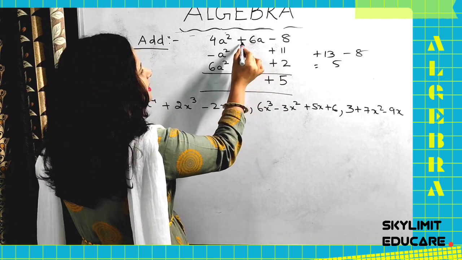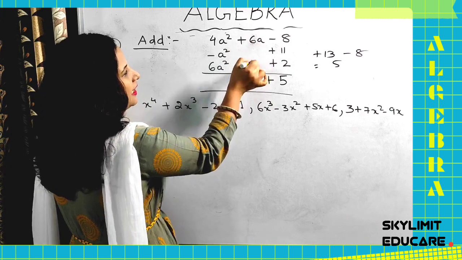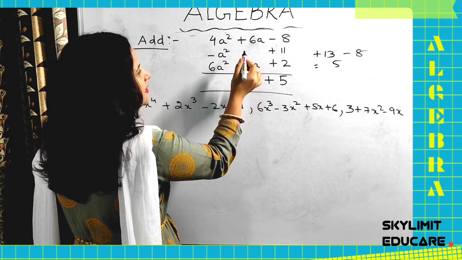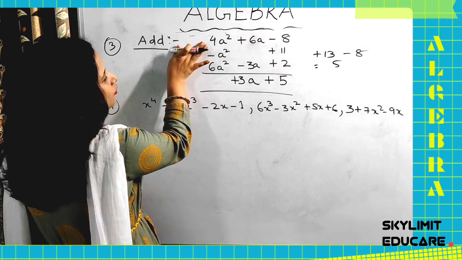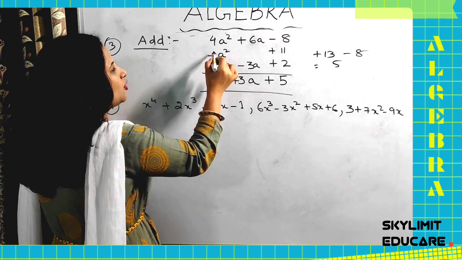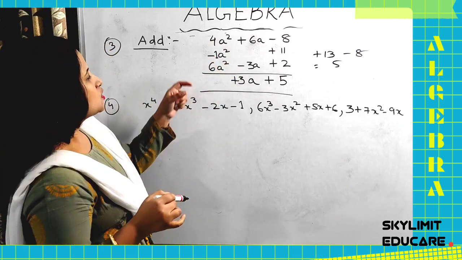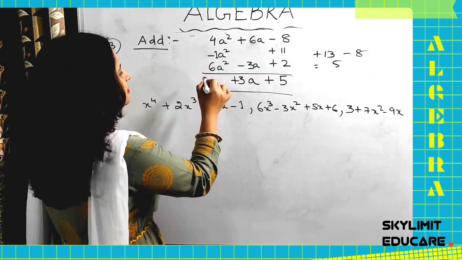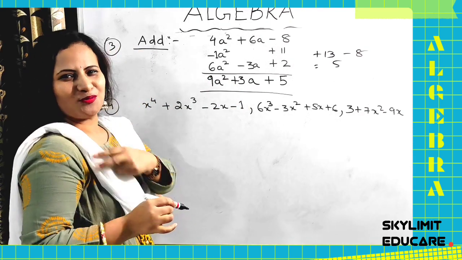Now you have here plus 6, only two terms are there, plus 6 and minus 3. Both are like terms, A. So you can solve these two. Plus 6 minus 3 will give me how much? Plus 3. It is 6 minus 3 and it is A. Now here also 4 and 6 both are positive. 4 plus 6, 10. And if here no number is there, what is the number part? It's 1 because all of them are like terms or not. So positive 1 you can add, 6 plus 4, 10. 10 minus 1 is 9. So obviously how much am I getting here? 9A square. That's the way you are going to add column wise.